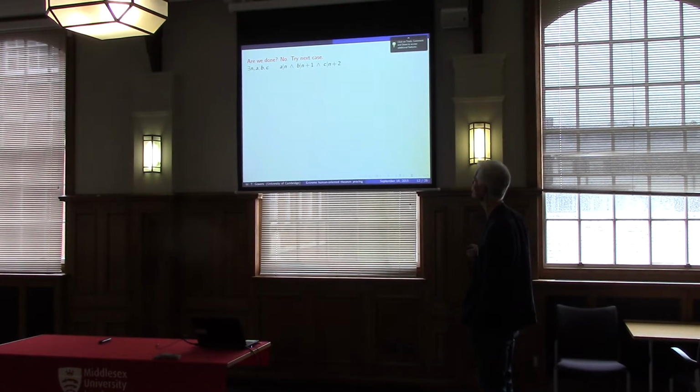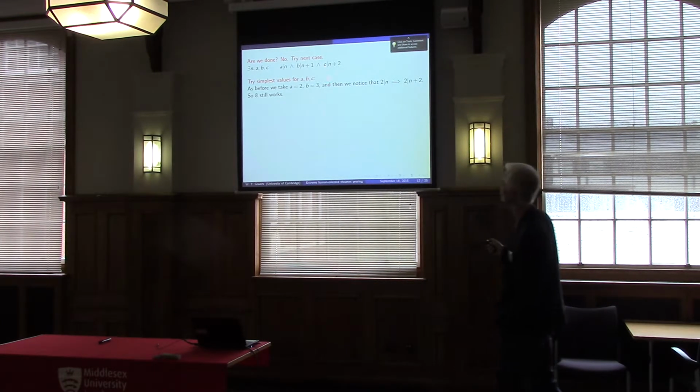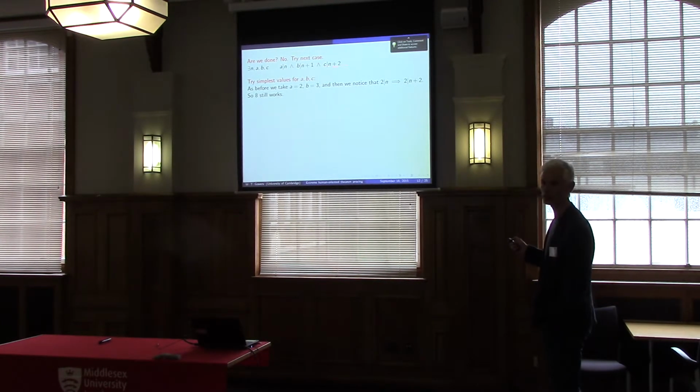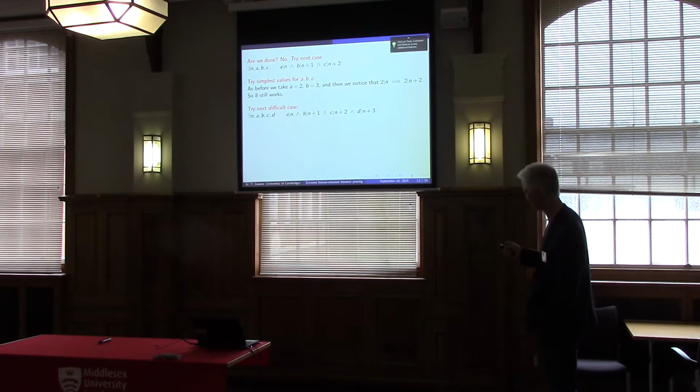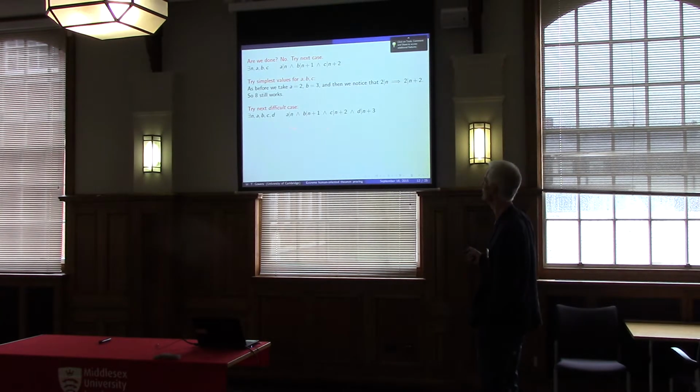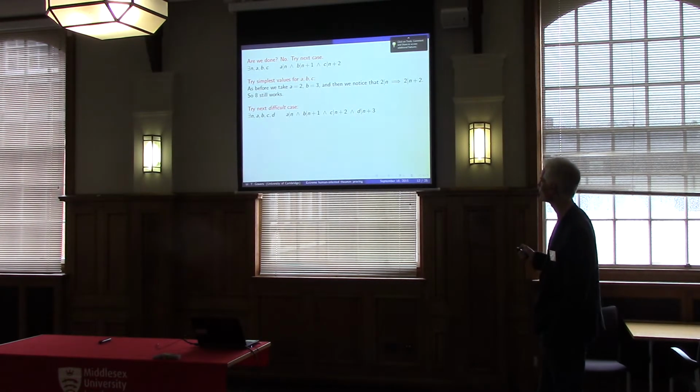So let's take n equals 2. So now we want to find n plus 1 and n plus 2 that are all composite. We go through some reasoning a little bit like what we had before, except that we actually spot that if 2 goes into n, then 2 goes into n plus 2. So actually, it wasn't really a different problem from what we had before. So we try the next one, the next difficult case. The first time that any trouble arises is when you've got n plus 1; n plus 2 is taken care of if we've chosen A equals 2.